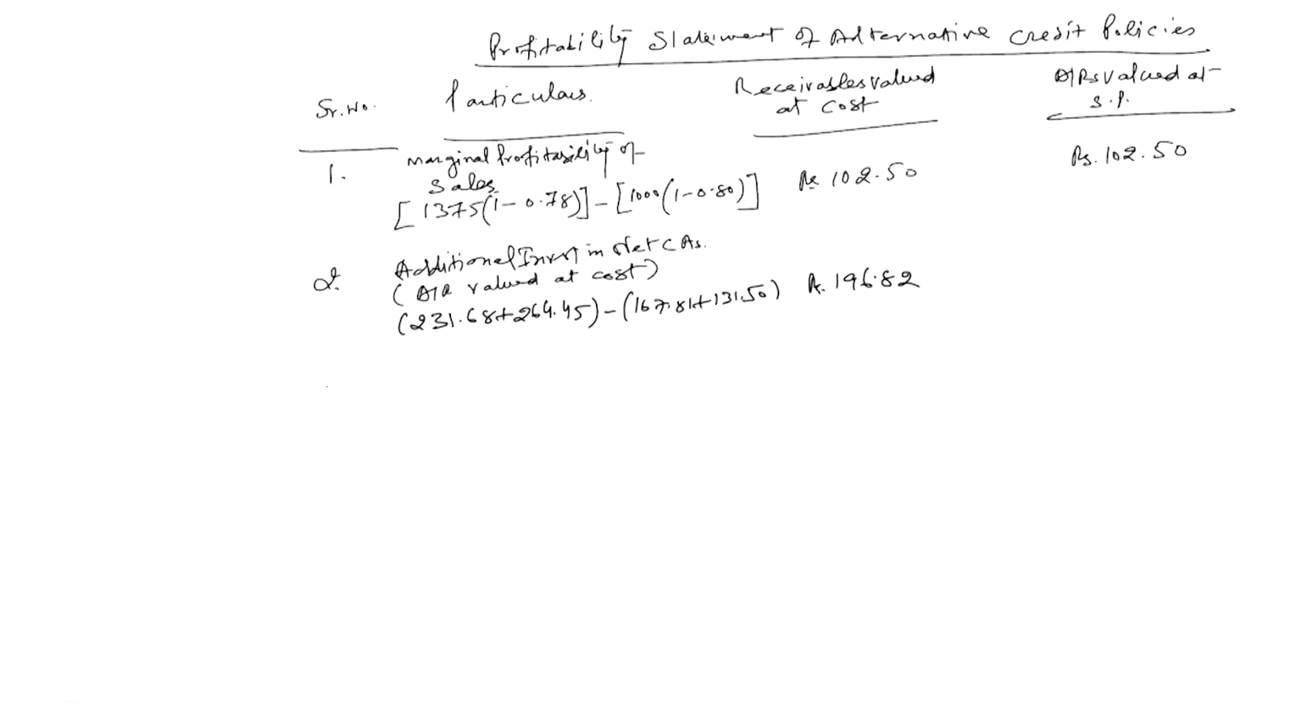Next thing is when the receivables are valued at the selling price, the additional investment in net current assets. When accounts receivables are valued at the selling price, how much investment are we going to make here now? That investment, I think we will have to work out, which is the additional investment in the net current assets, receivables valued at selling price. So it is going to be again